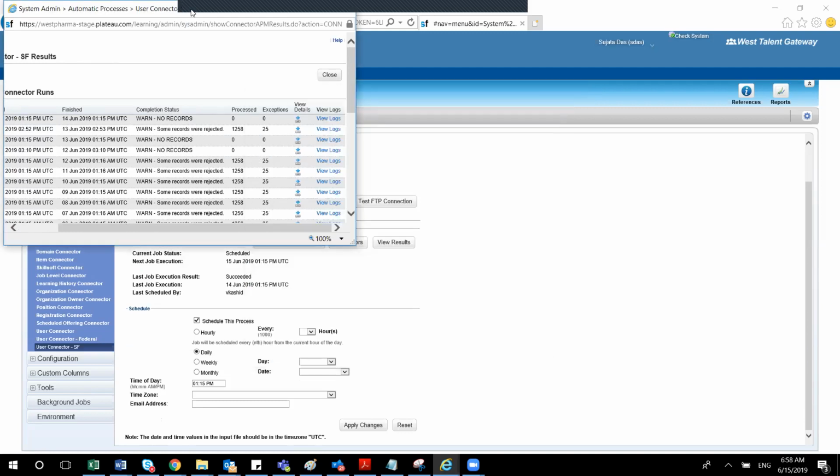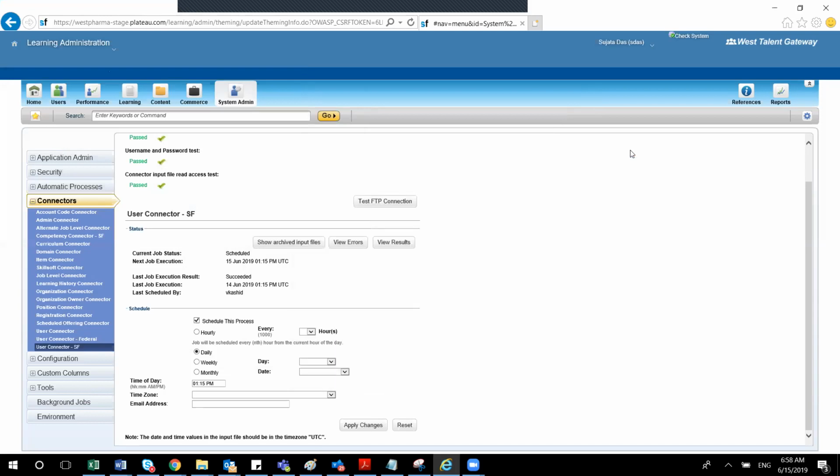So this is how the connector overall concept works and how it will be working. It is a one-time activity. Unless there are any changes, this is a one-time activity during your implementation. And the support consultant will be responsible. If any error happens, he has to help the admin.